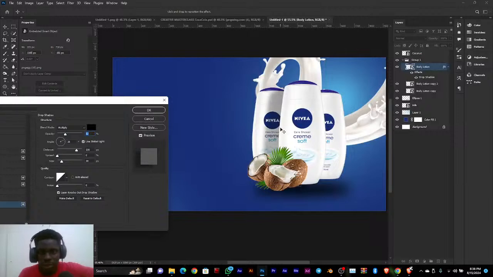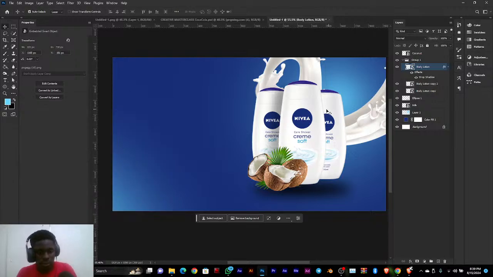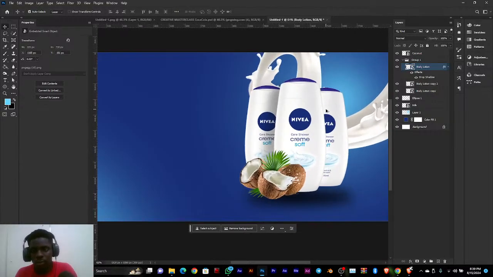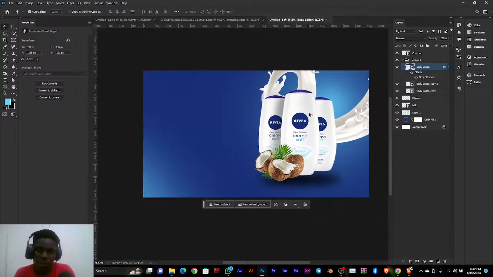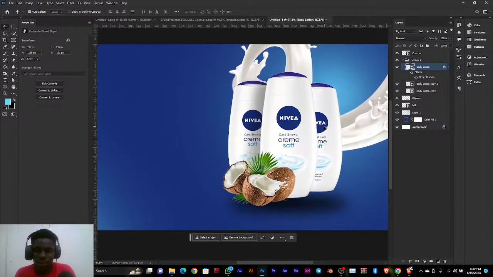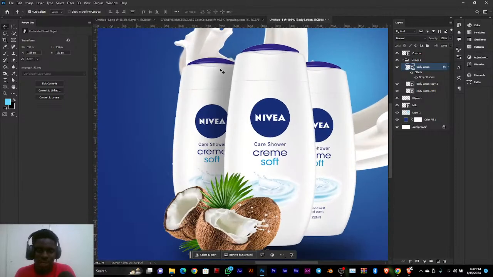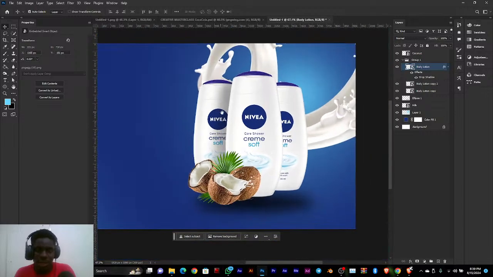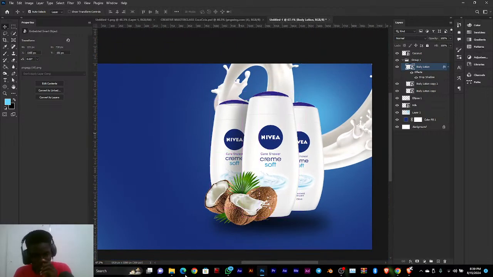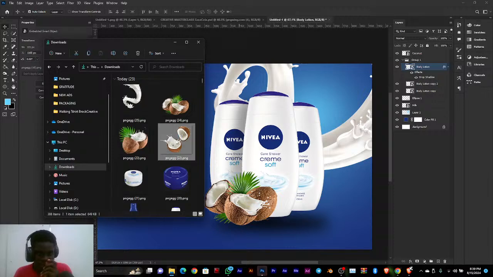So I just need something like this. No, I think this angle works. This angle works. So since light is coming from this other direction, we can't add a shadow here, so let the shadow be here instead. And then let's add a few